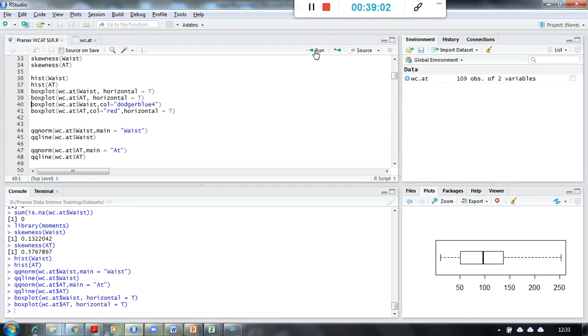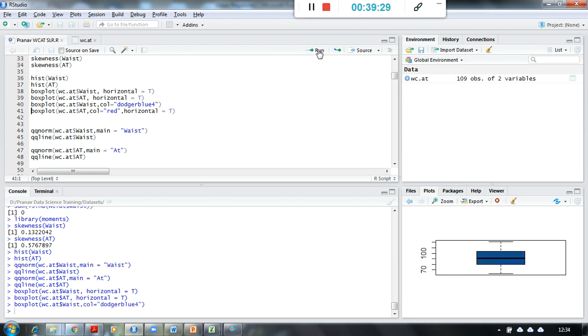And let us see how about AT. In AT also there are no outliers. So our data is good enough, or clean data. We can directly go and start model building. The only thing we may require is to apply a transformation. Otherwise, not much cleaning is required in this particular data. If I want to plot a box plot in different colors, we can do it, but this is the basic or default box plot.